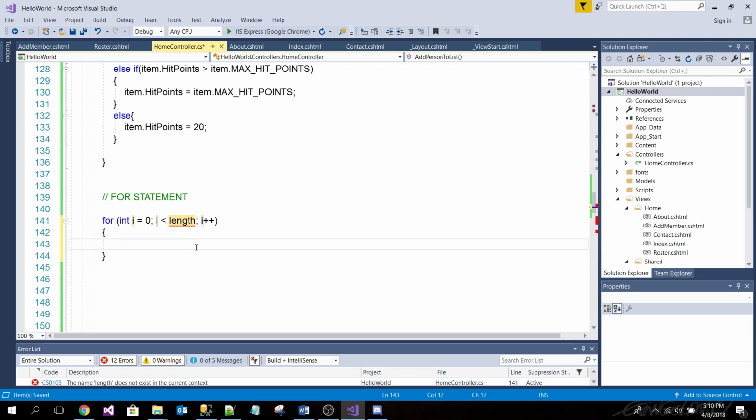Okay, so logically, I want you to look at this construct. Remember, every time you look at any of these things, they're just constructs. They follow a pattern. You can use your logic and break it down in your mind and try to figure out what it does. You probably don't have to memorize these.